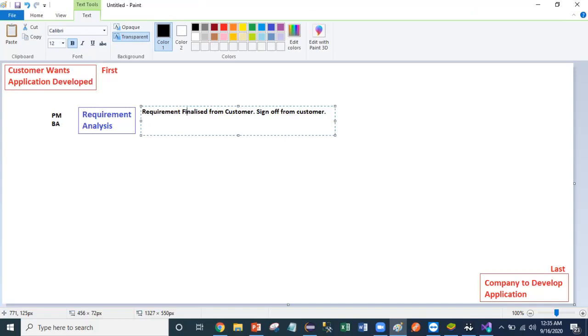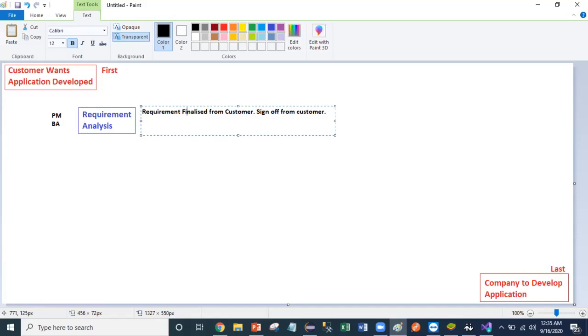Your design team, your development team also waste time because they are not clear about the requirement, and me as a customer as well, because this is something I do not want developed. I have something else in my mind. So that gap we need to finalize at the initial stage, and that's the reason requirement analysis is very crucial